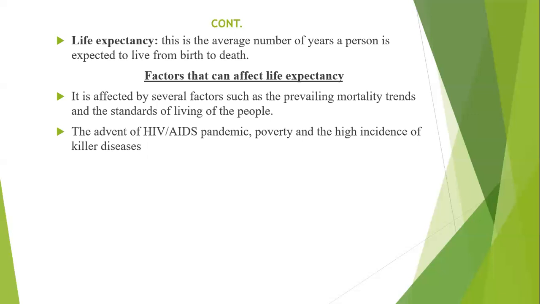If you're having so many pandemics like HIV and AIDS, poverty is another factor, as well as other killer diseases like COVID-19, which killed so many people who could have lived longer. So if you're having all those, you discover that the life expectancy, or the period you're expected to live on Earth,